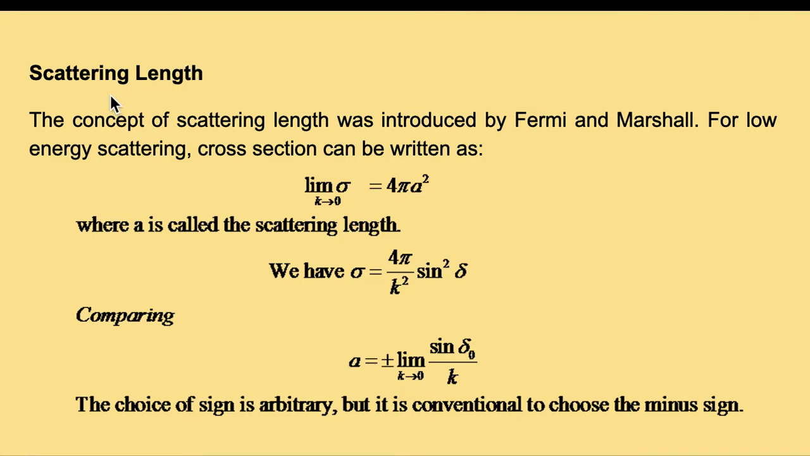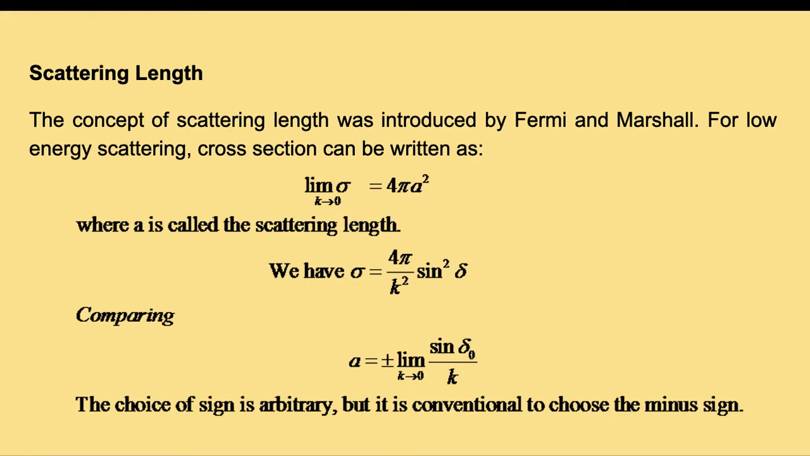So now we will define the second term, that is scattering length. The concept of scattering length was introduced by Fermi and Marshall. And for low energy scattering, we can define the cross section as sigma, limit k tends to 0, is given as 4 pi a square. This k tends to 0